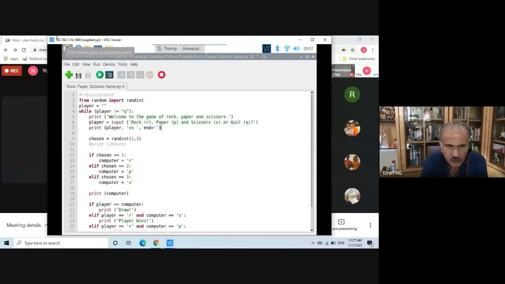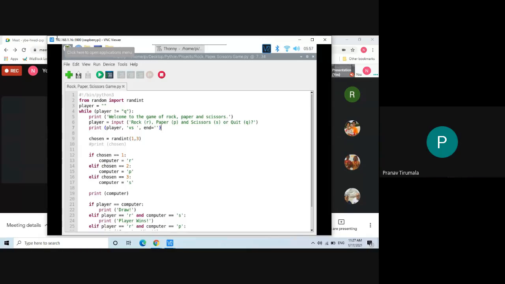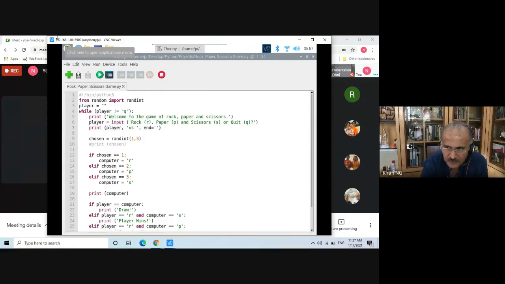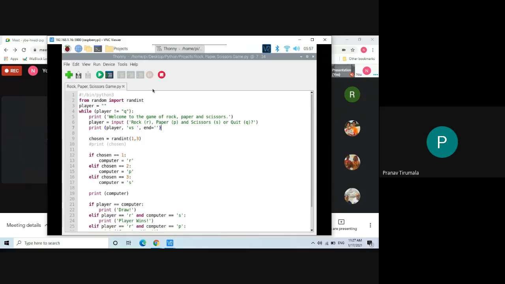Yes, go ahead, Pranav. Yes, sir, for getting the same result without using the end equals to null, you can put the print after the computer variable has been assigned, and instead of print computer, we can put the same thing, player versus comma computer.